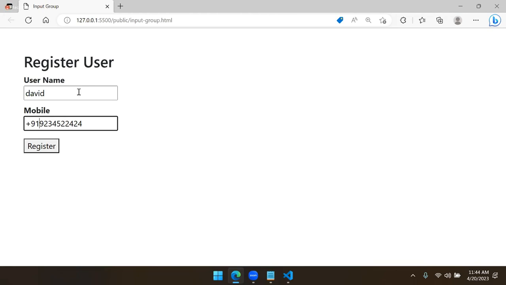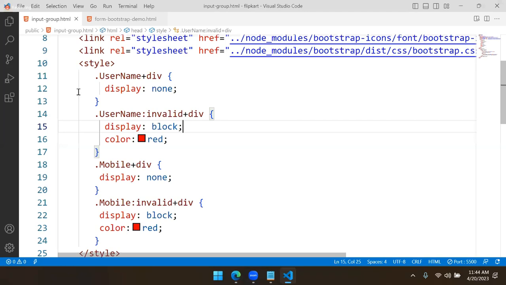We can change color. As I told you, if the field is valid, it should be in green color. If the field is not valid, then it should be in red color. You can change the complete color of that, not only the messages. For example, what you can do here,